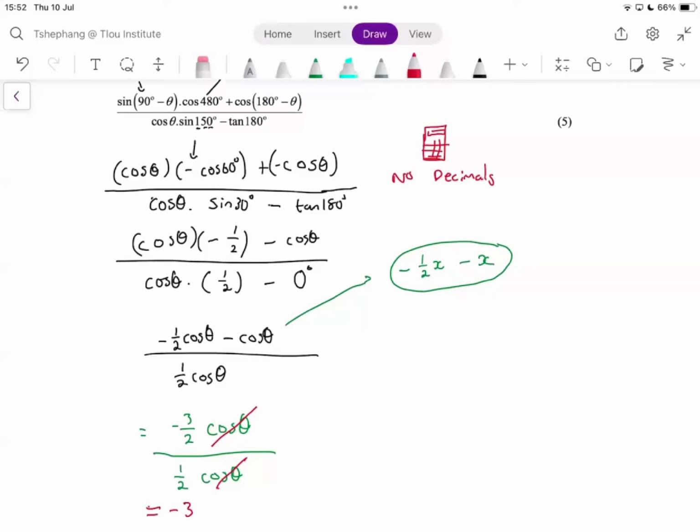Now, let's award those marks. You're going to get a mark there. You're going to get a mark for cos of 60. For sine of 30, that is a mark. So out of 5, even if you made some mistakes with your algebra there, you still got 3 out of 5. So do not leave this question out. Make sure that you know the quadrants, right? Okay, so you're going to get another mark and then another mark for the final answer.